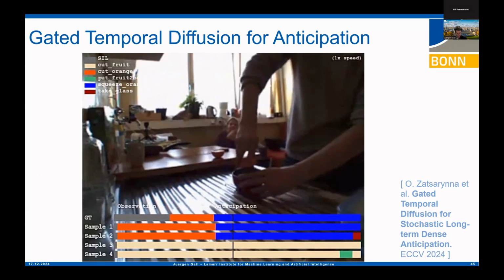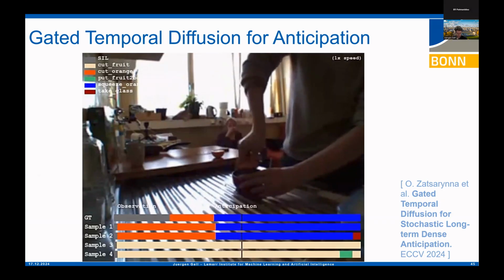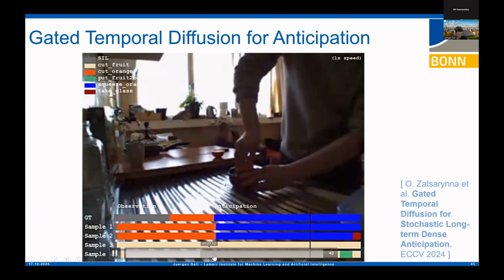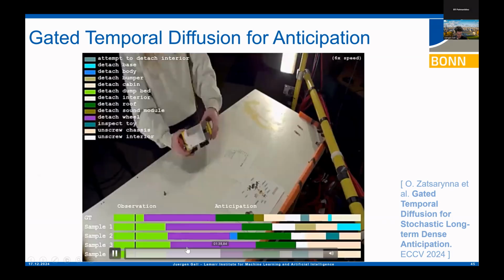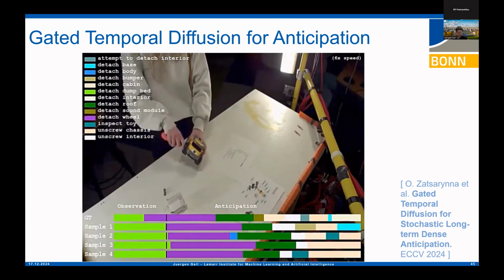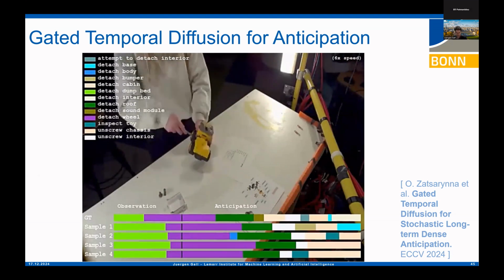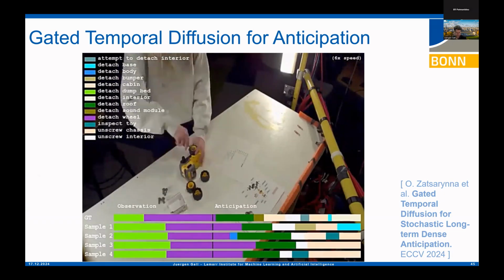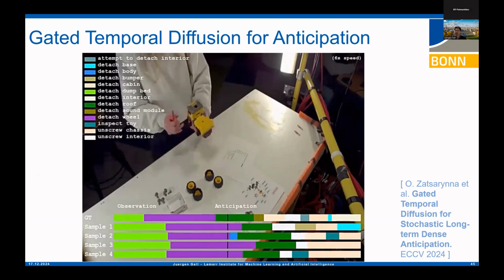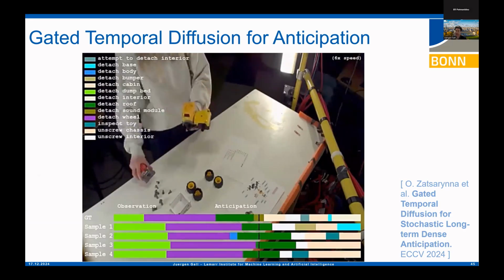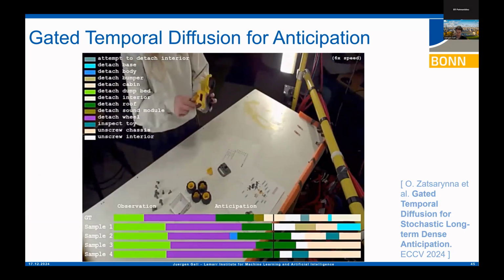But here's also an example where we get different predictions, both from the observation as well as for the future. We move on a little bit to the next video. This is also from the assembly data set. So that was the observation, and then you try to predict what the future steps are. The more we go into the future, the more slightly different predictions we get. But if you also look at the durations, it makes a reasonable estimate of what the durations of the future actions are.